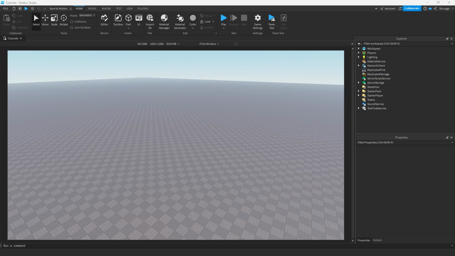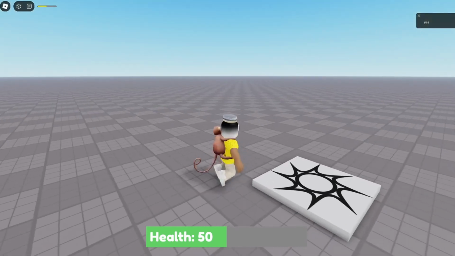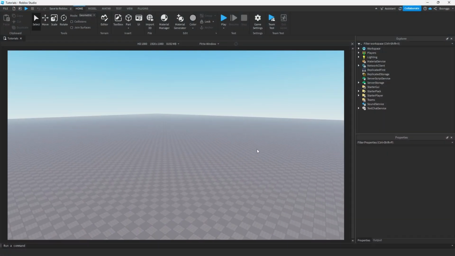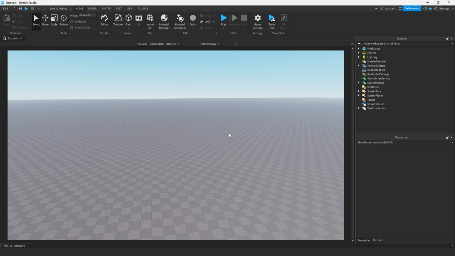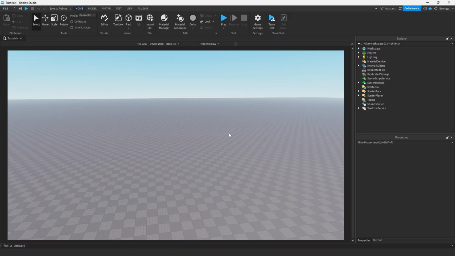In this video, I will show you how to make a health bar for your game. And these things are usually in AAA games, even indie games. Pretty much every single game has a health bar. And Roblox has a built-in health bar, but you can barely see it, and it's not very